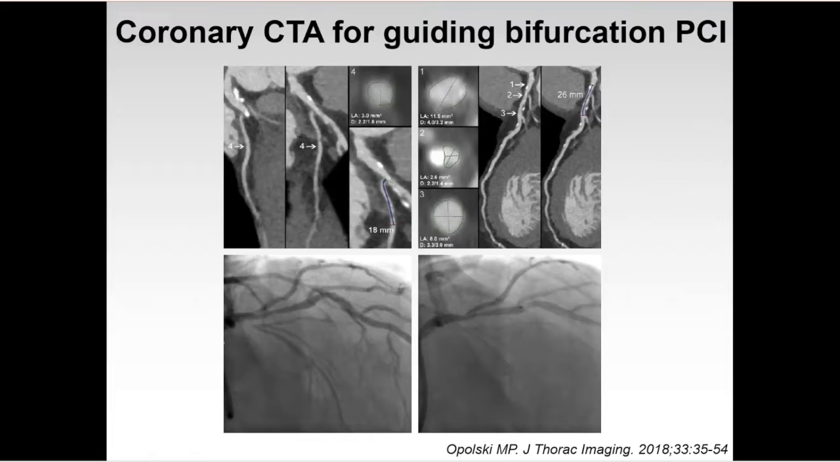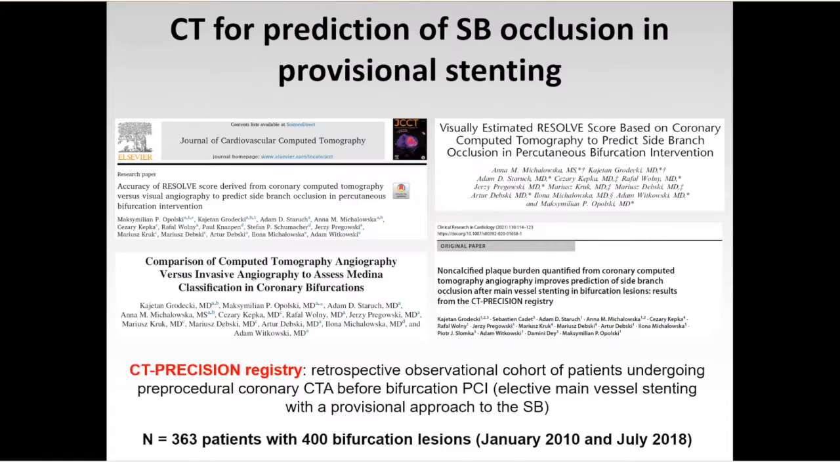Importantly, one of the potential explanations for this observation is that coronary CT, in contrast to the invasive angiogram, has the intrinsic ability to show the exact distribution of residual plaque so that you're more prone to cover it with a single longer stent. Number two, coronary CT can be used to predict side branch occlusion in provisional stenting approach,